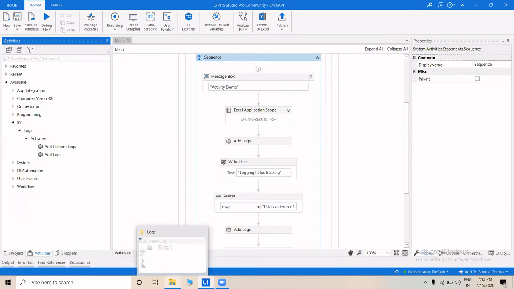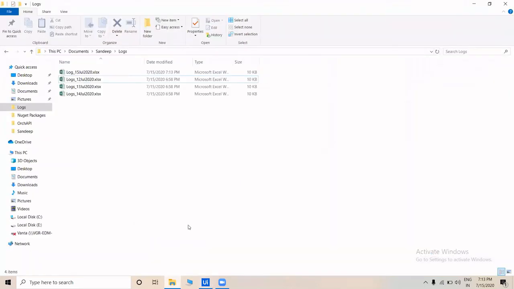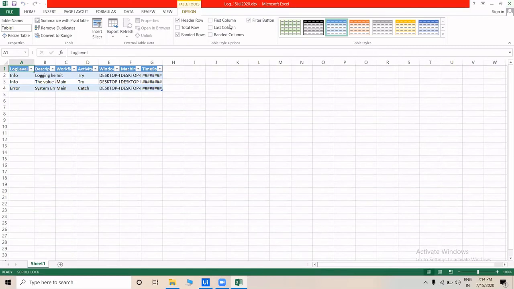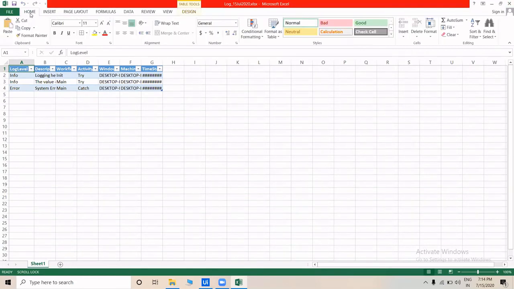The process has stopped working. So we'll go over here. We can see that the log for 15th July is created. We'll just open the file to see. You can see over here that it's created.